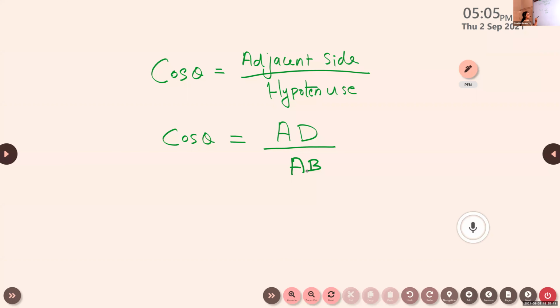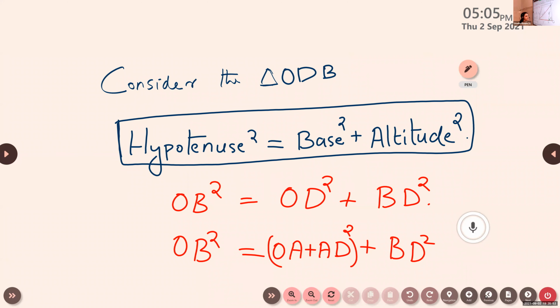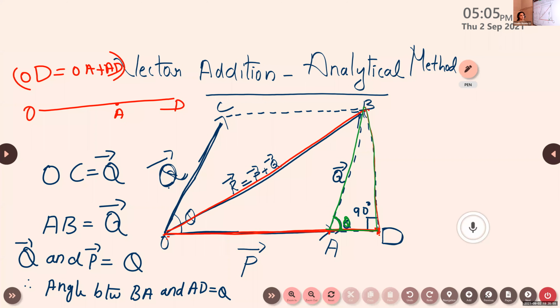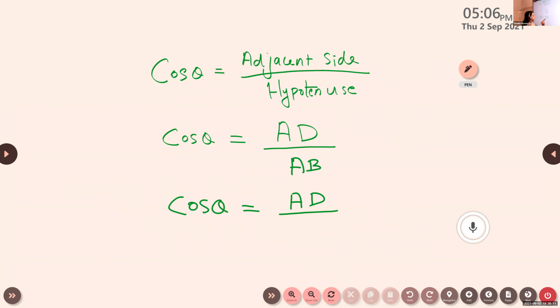Or we can write cos theta is equal to, we don't know the value of AD, so write AD as it is, divided by AB. What is the value of AB from the figure? Vector Q, with the magnitude equal to Q. So here AB is Q. So we get cos theta is equal to AD by Q, which implies